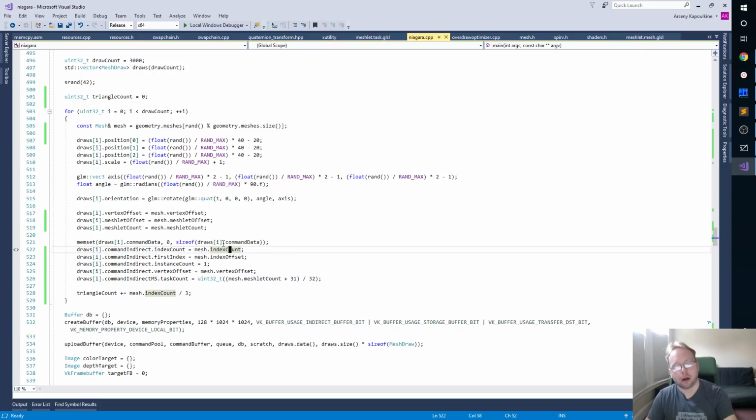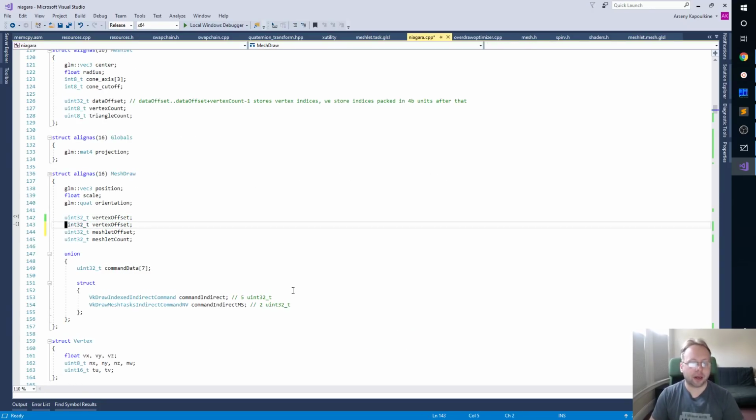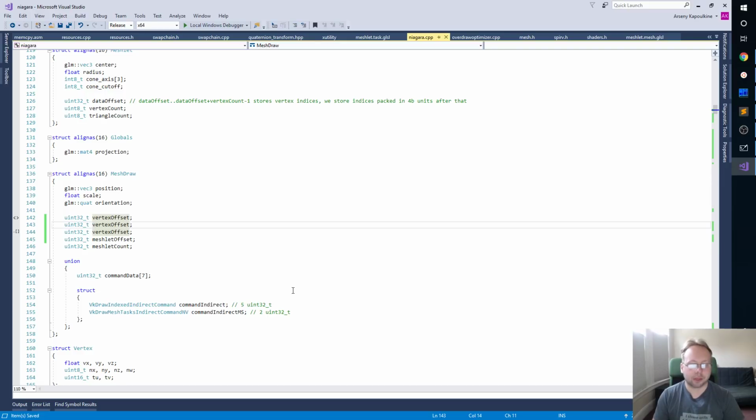So let's set this now. It's maybe not obvious why we will need them, but just trust me, we will. And it would be at some point possible to move this. There's like 20 bytes here that are describing the mesh. We could just store one 4-byte index into some other buffer,